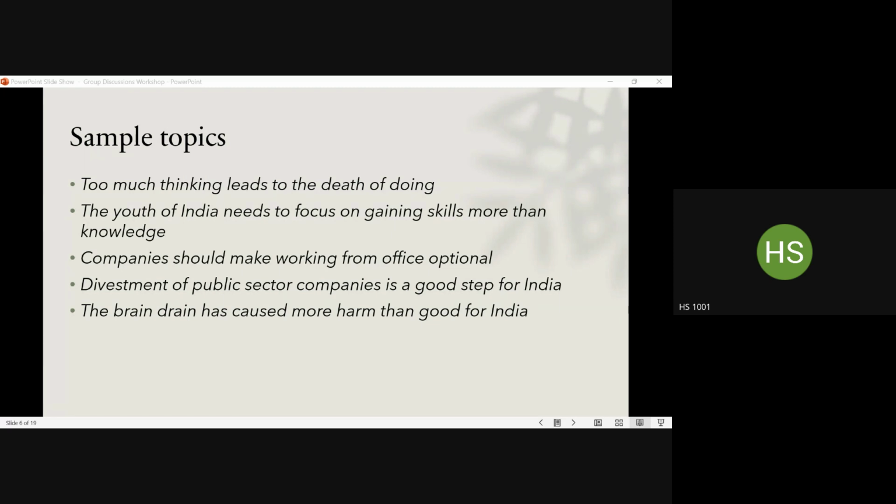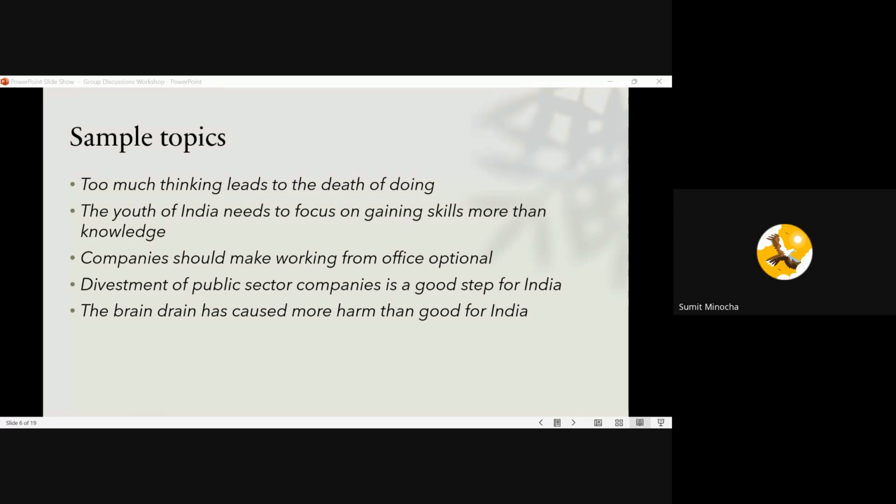However, even within that framework of considering public sector companies and their divestment as a topic of general awareness, you can choose to agree with the motion or you can choose to disagree with the motion. So, to a great degree, whether or not this is a general topic or an argumentative topic depends on the manner in which the group approaches the topic. Is that clear? Yes, ma'am, clear. Sumit, you had a question.